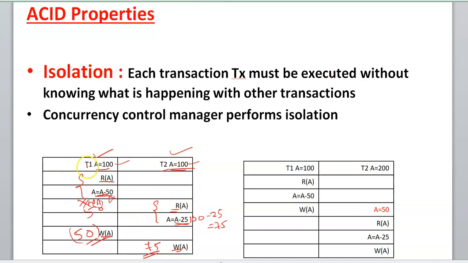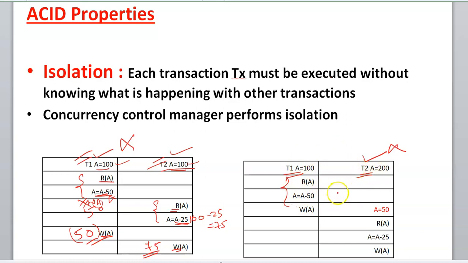So this cannot happen. Here what is happening is that the transaction T1 is affecting transaction T2. Yes, this should not happen and this is not isolation. What we can do for isolation is we can serialize the transactions, which means we can tell transaction T2 that you cannot start until T1 has updated and completed its transaction. So either T2 will wait or T2 will not execute at all. But it will never execute whenever T1 is halfway. Okay. Only after T1 is completed, then T2 can start.